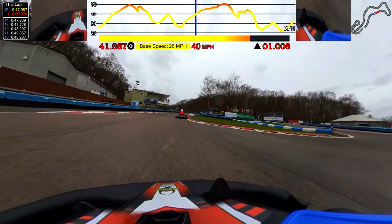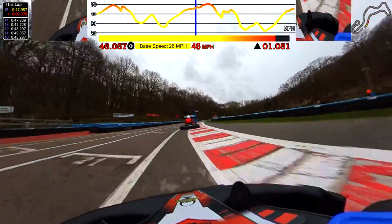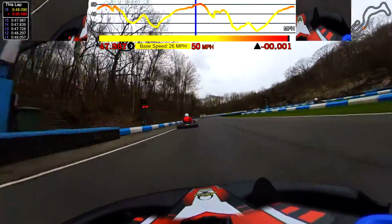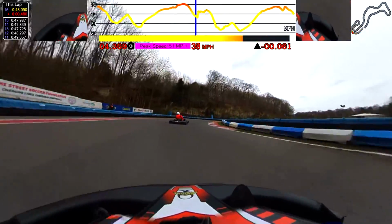Hi, it's Kirith here with another karting tips video, and this time we're going to be looking at corner sequences. As our example, we'll be using a very fast and very fun combination of Symes Sweep, Pullmans and Paddock